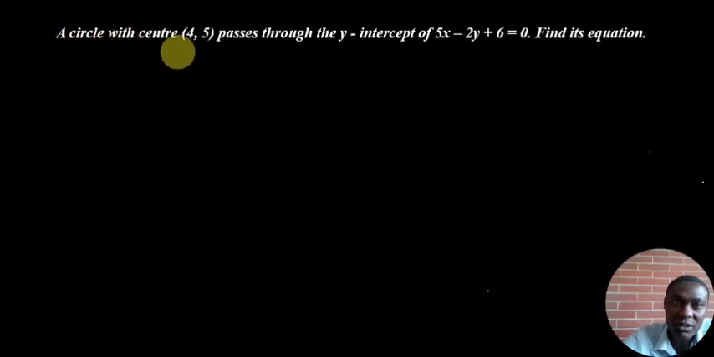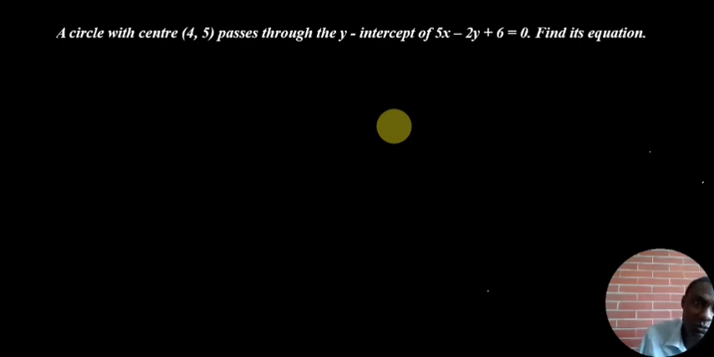A circle with center (4, 5) passes through the y-intercept of 5x minus 2y plus 6 is equal to 0. Find its equation. Okay, to find the equation of the circle, we can use the general method of finding the equation of the circle, either by writing